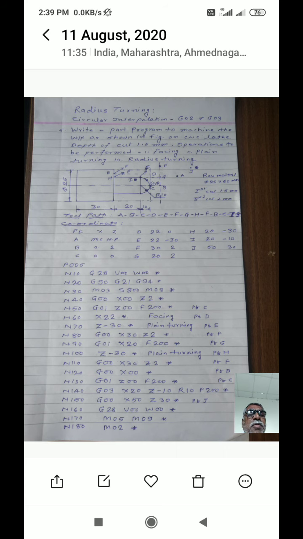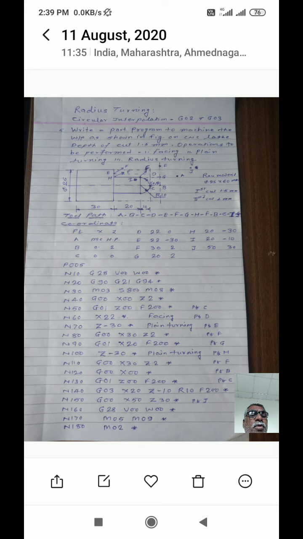Okay. After performing this operation, you have to retract the tool away from the workpiece surface to avoid scratch marks on the machined surface. So, you have to use the code G00, that is rapid traverse, because the tool will move in the air. There will be no machining operation. Tool will move from E to F. Okay. Initially your tool is at point E. You have to move the tool from point E to F by mentioning its coordinates.